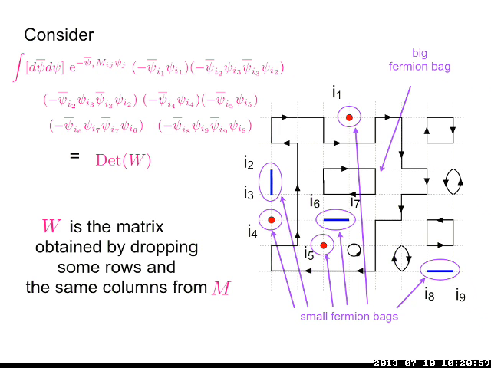So it's all saturated with fermion variables. The remaining integral is just a path integral over the remaining space where these particular sites have been dropped. It's exactly the same free fermion integral, except that these sites are dropped. So what I get is again a determinant. The determinant is of a matrix obtained by dropping the same columns and the same rows off from the matrix M. And that's exactly what this Grassmann integral is telling me.